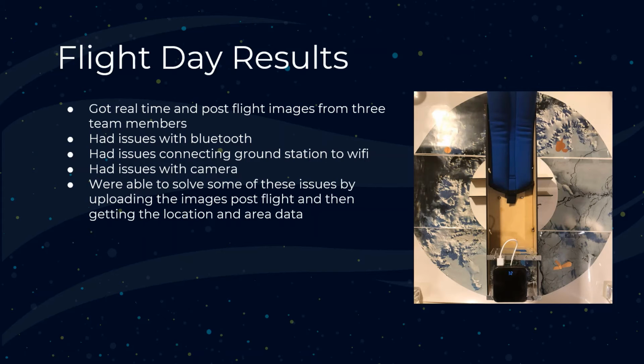One of the big issues we faced as a team was getting the Bluetooth connection to work between our CubeSat and the ground station, and seamlessly send photos down to the ground station. One of our team members was unable to connect their ground station to Wi-Fi, which caused a lot of issues in terms of installations and getting the images to GitHub. For both of these issues, our solution was to simply upload the images post-flight and then get the location and